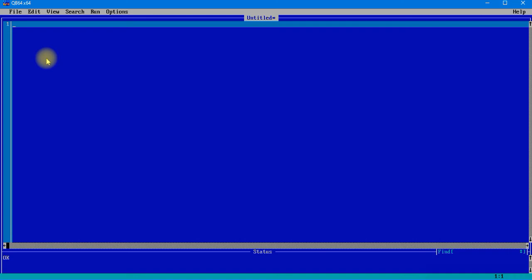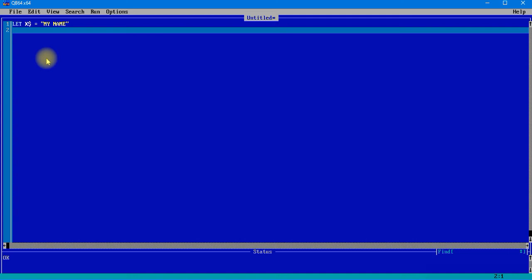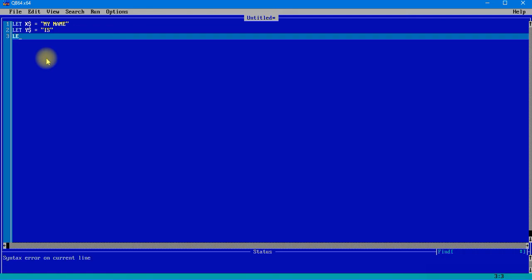Now each and every statement is taken with x$ equal to, within double inverted commas, my name. Okay, then my name, double inverted comma, close. Then I have let y$ equal to is, and let z$ equal to